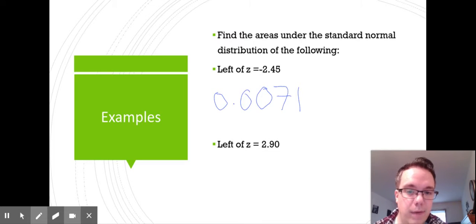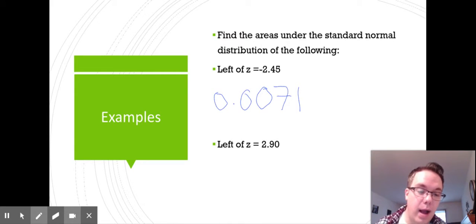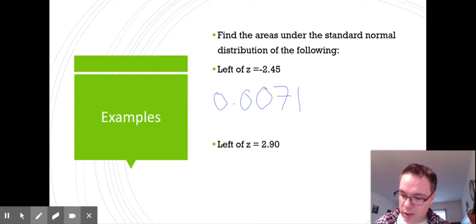So for the second one, if you want to find the area to the left of 2.90, again, the number on our chart actually gives you the proportion of the area that is to the left of that. So we just have to find the number that corresponds with the z-score of 2.90. So flip it back over to the positive side. If you go back down to 2.9